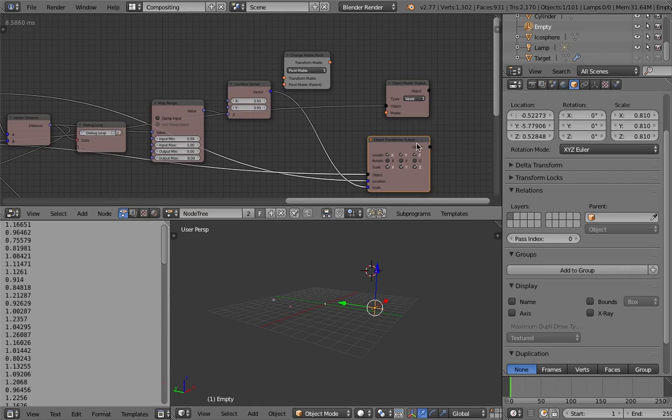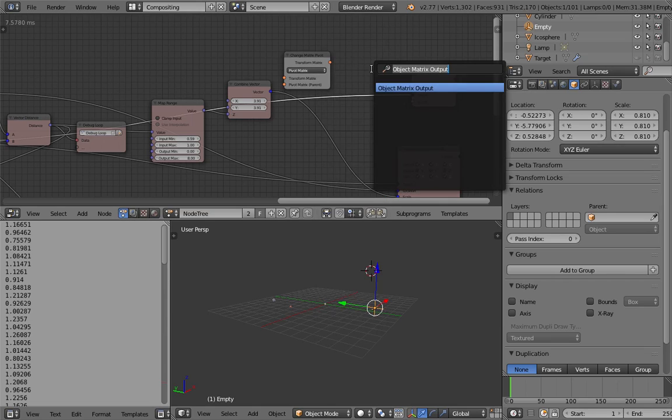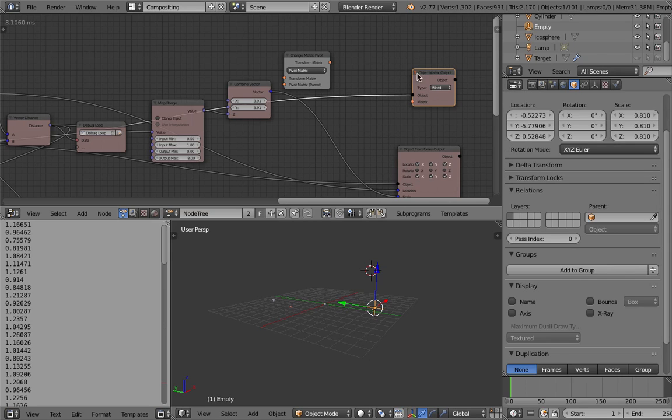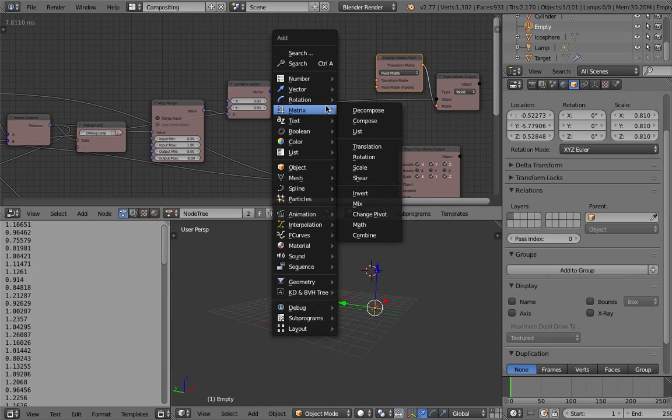Object location scale, matrix, position, location matrix, position matrix. Matrix thing is confusing.